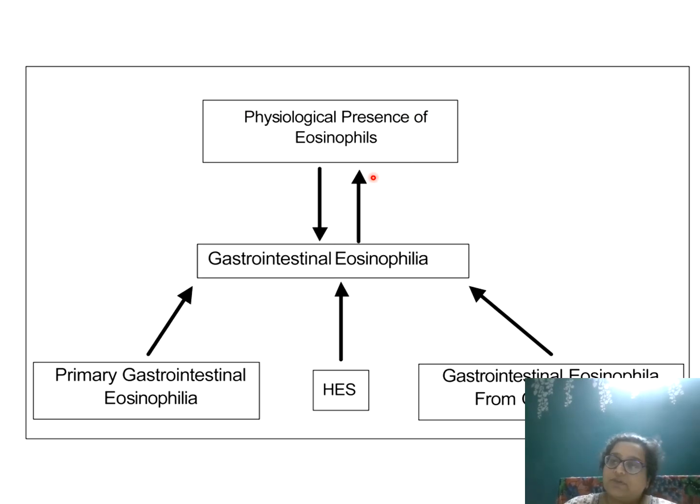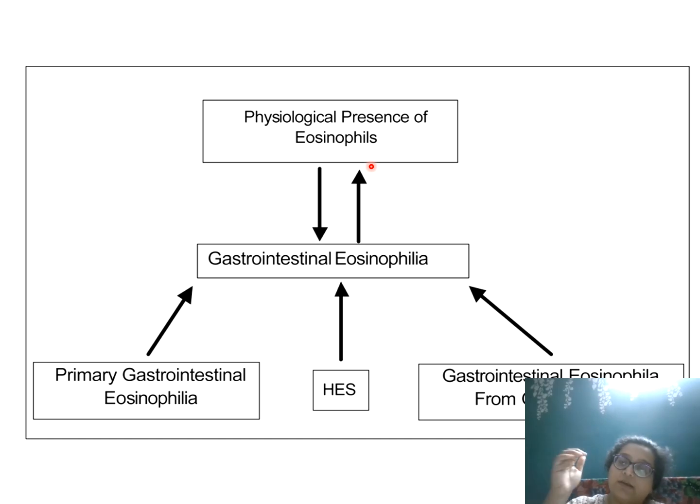Of course, eosinophils are present normally also. That is why last time I told you, and I'll show you this time, that there are cutoffs. There are certain cutoffs, like above 15 is pathognomonic. Below 15 it is not. So above 15 does not mean if it is 16 it is pathognomonic. What it means to say is that your eosinophil cutoff should be somewhere between 15-16, and that is normal there. Why is it normal there?